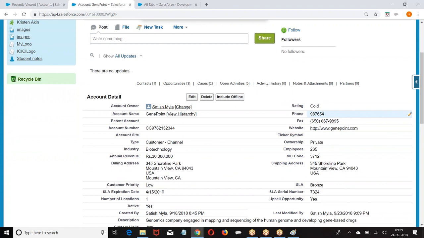So the record value can be modified programmatically, or I can open the record and modify. Now, last modified date means when did you open the record and modify. It will only store the date and time when the record was manually modified. That means you opened the record and modified the value. That is called last modified date.